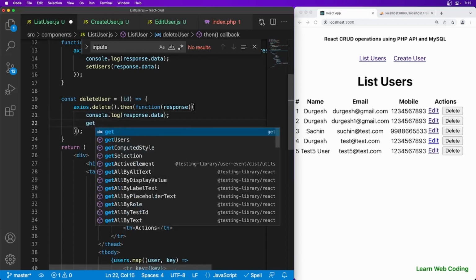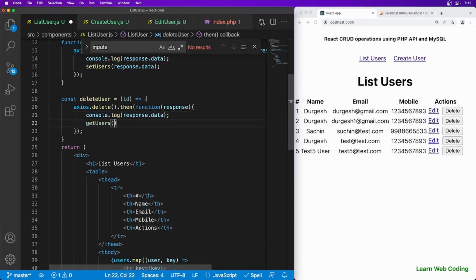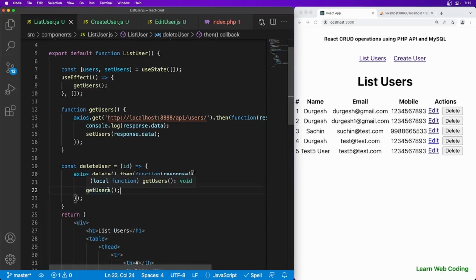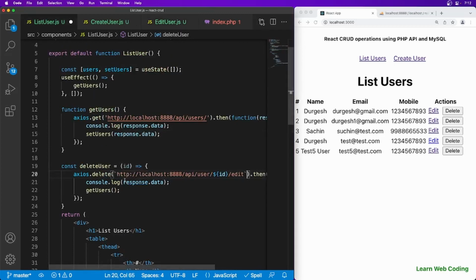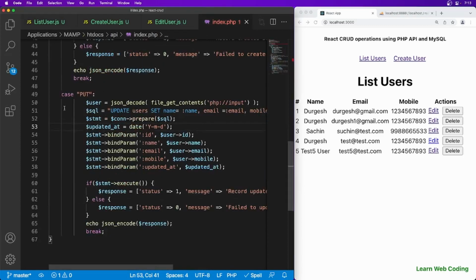Finally, once a record got deleted, we have to just refresh the page. So we can call the getUsers function from the top, that we have created. And finally here we need an endpoint, so I'm just going to copy the endpoint from here because it will be similar to this edit. Just copy this endpoint and paste it here and just update it to delete, and we are good. The API call is done. Now let's go ahead into our API